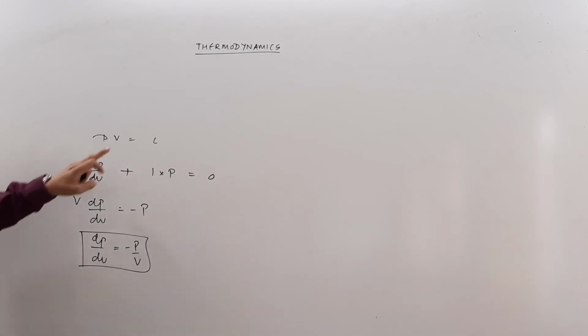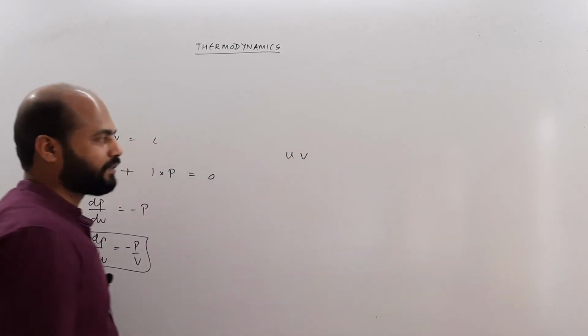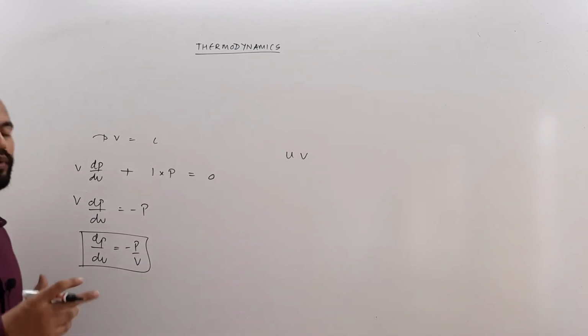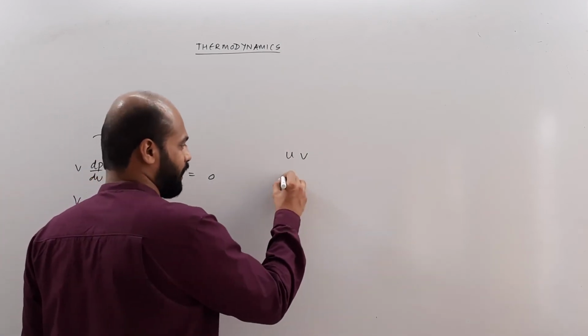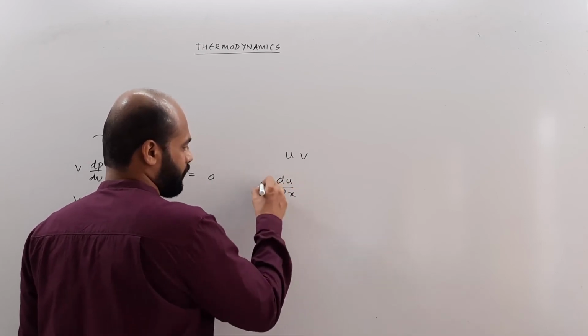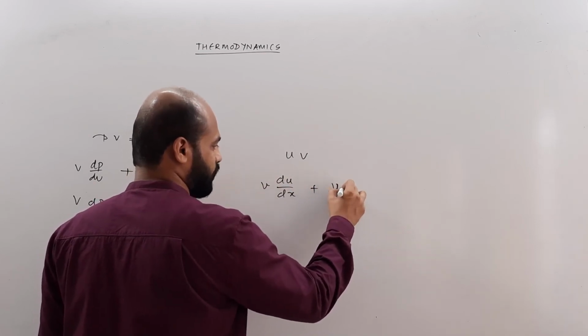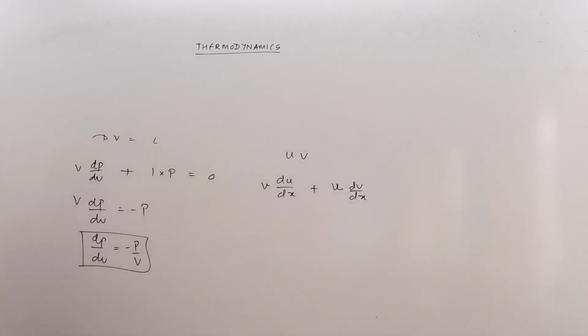So now how did I use this particular expression? Let me give you a small background of this. In differentiation, let's say that if this is the function, that means a combination of two functions, and we have to differentiate with respect to some variable, let's say x in this case, then it is given as du by dx, keeping the other function constant, and then the second time we keep the first function constant and write dv by dx. This is called the product rule in differentiation, which I have used over here, and according to that I find that dP by dV is minus P by V.